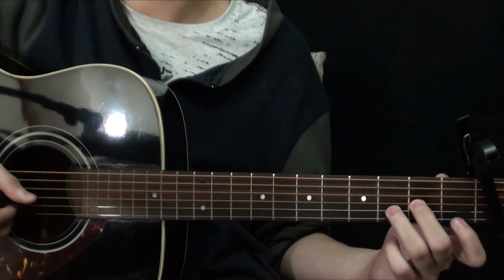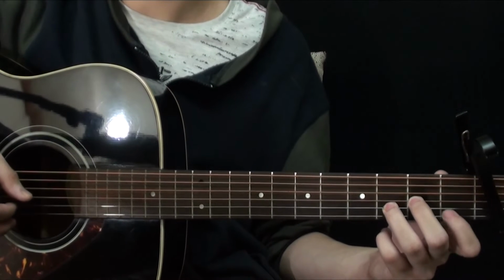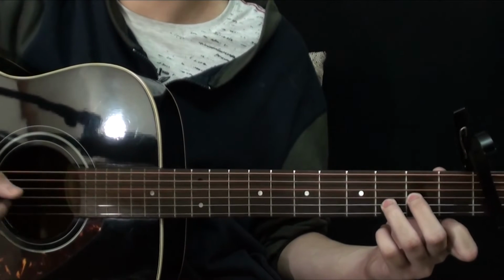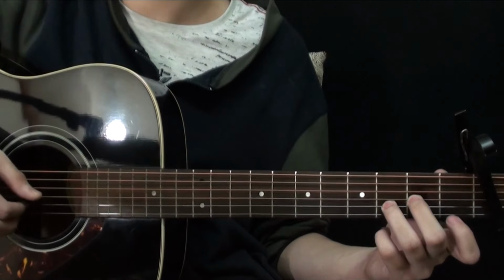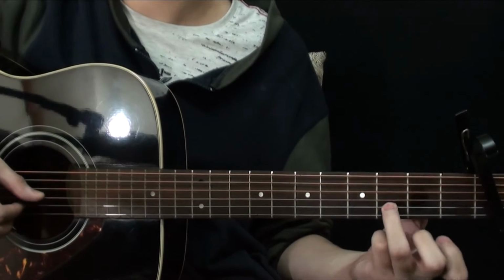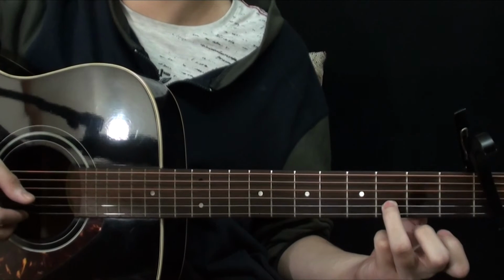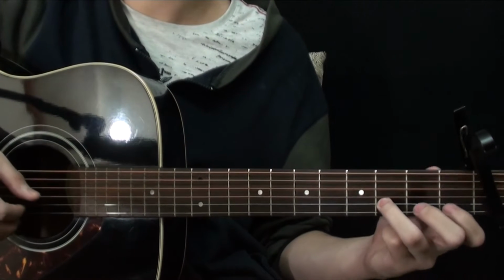So to play the melody, you have to play the third fret of the B string 2 times. And then you lift this up to have the open high E string. So you play that once. So we're playing the third fret of the B string 2 times and then we're playing the open high E string once, and then we have this,